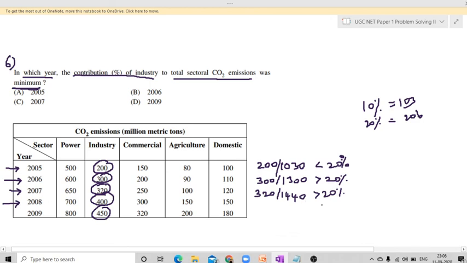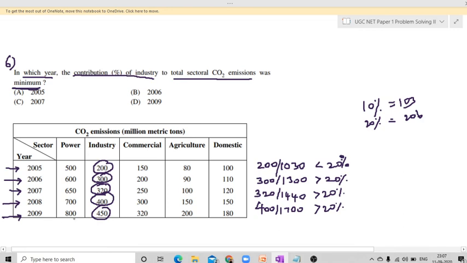So 2008 it is 400 out of, let's again calculate the value. 700 plus 400, 1100, plus 300, 1400, 1400 plus this one is 1700. So here again if you examine, this value will be still more than 20 percentage. Let me explain how it works. For my number 1700, 10% is 170, so 20% will be definitely 340. See here we have 400, so it is more than 340, that means more than 20 percentage.